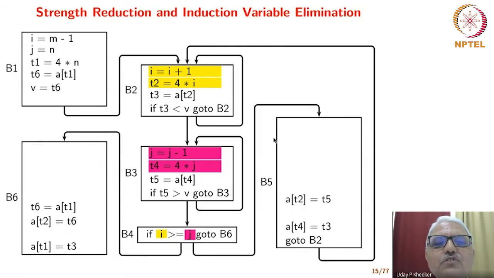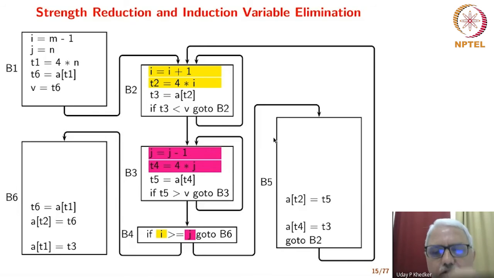Okay, so the idea is to replace this particularly in the loops, because we are talking about repeated benefit. If we replace one multiplication by an addition, and if we save 2 cycles and the loop is to be executed 1,000,000 times, we've saved 2,000,000 cycles. So that's the idea of this optimization.